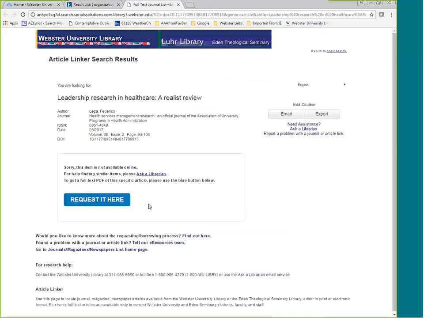They will email you at whatever email address you put in your account when you set up your interlibrary loan account. They'll email you at that email and let you know that your article is available.